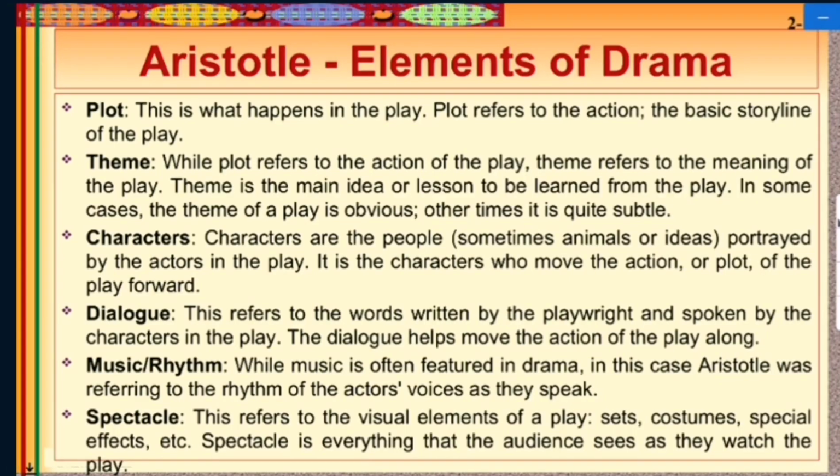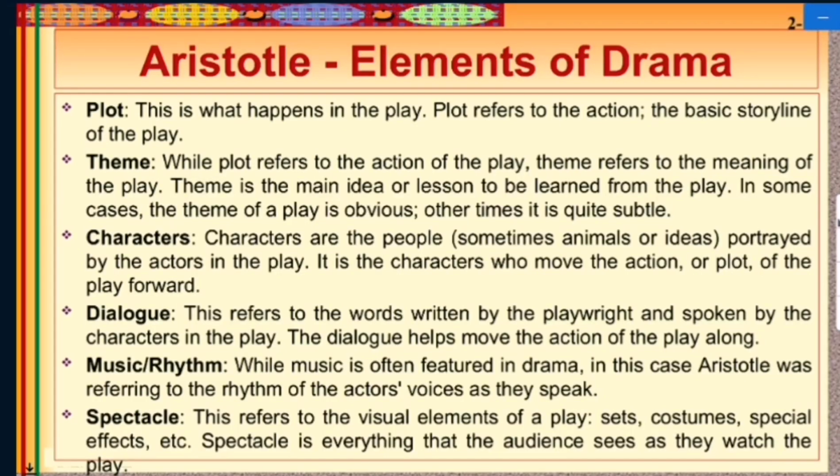The third one is the character. Characters are the people, sometimes animals or ideas, portrayed by the actors in a play. It is the characters who move the actions or plot of the play forward. We will discuss characters also, how many types of characters there are, and what is